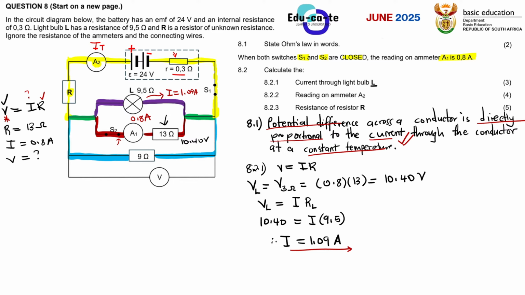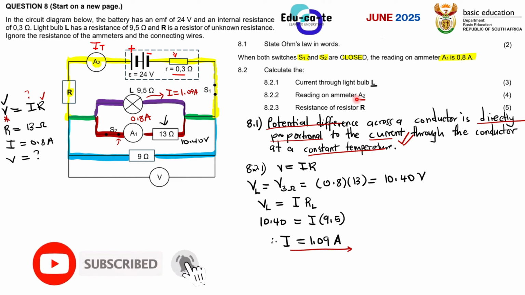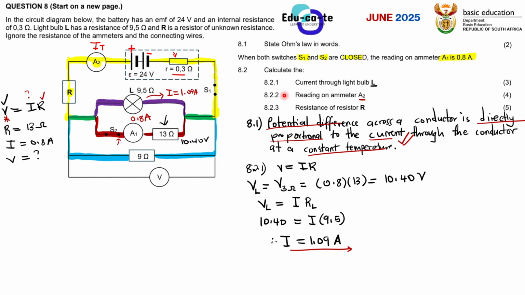And then now they say we're looking for the reading on ammeter A2. Remember that, guys, when we did an analysis, that was not just for nothing. The analysis was worth it so that we understand what type of current we are measuring in A2. If we look at ammeter A2, we've already analyzed that the current through the ammeter A2 is the total current. So we already have an idea that we are measuring the total current. So when they say calculate the reading on ammeter A2, this is just an indirect way of asking us to calculate the total current.